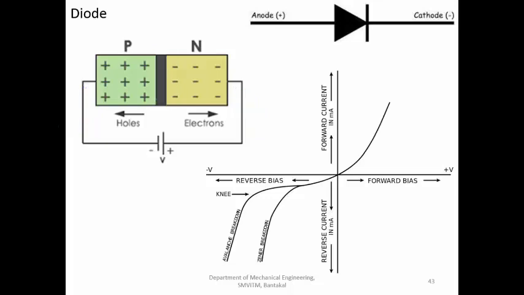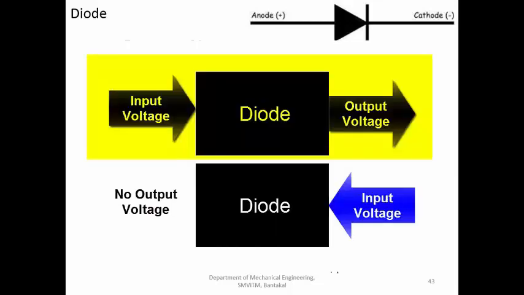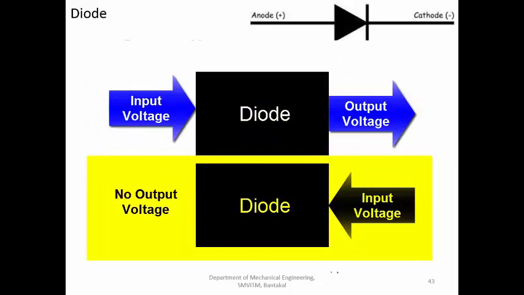So what does this effectively mean? This effectively means that if you are placing a diode in a circuit, it will allow flow in only one direction. In the other direction, it will not allow flow. In terms of hydraulics, what is this valve? In hydraulic terms, this valve is nothing but a check valve. A check valve will allow flow in only one direction. In the other direction, it will not allow the flow. So this functions in the very same fashion.